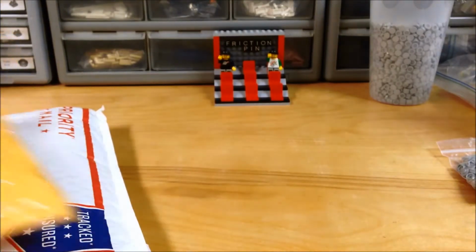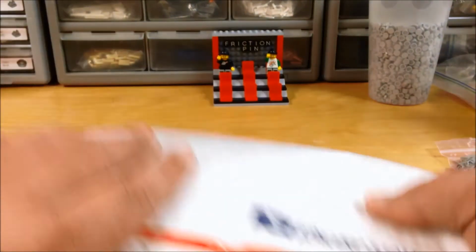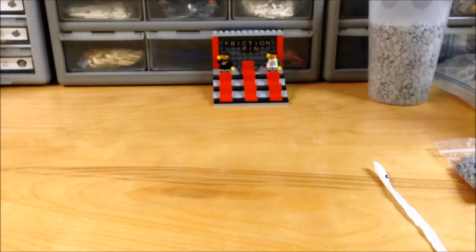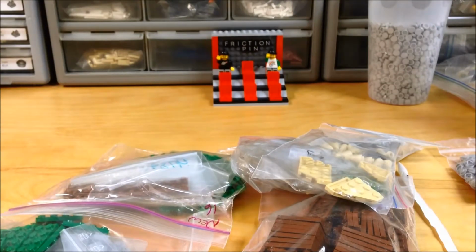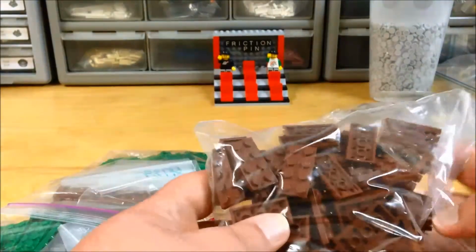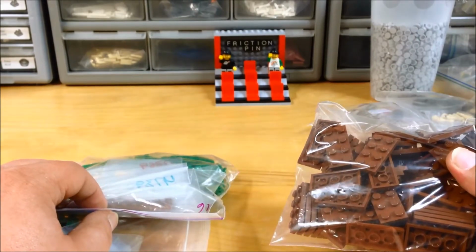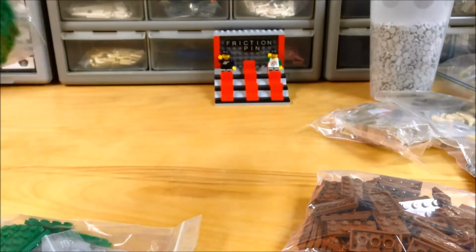So let's take a look and see what we got in package number 2. This package is from BrickTsar. Let's take a look and see what we ordered. We got lots and lots of stuff in there. The first thing we got was a lot of 2x4 brown plates, and these are for dirt and for part of the floor and some of the ledges and windowsills and things like that in the blacksmith shop. So that's mainly what I've been ordering for lately, so I can turn that around and